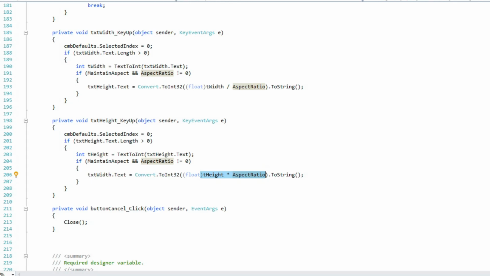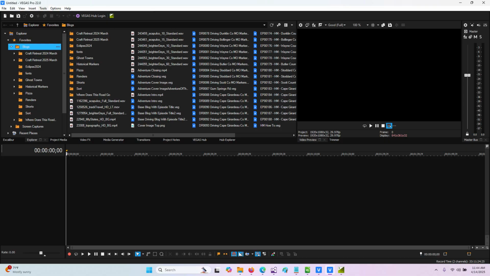I had originally calculated aspect equal width divided by height. So if I want the width, then I have to take the aspect times height. If I want the height, then I have to take the width divided by aspect. And then finally, if they push cancel on the cancel button, it will close. Now if we do a quick little test,